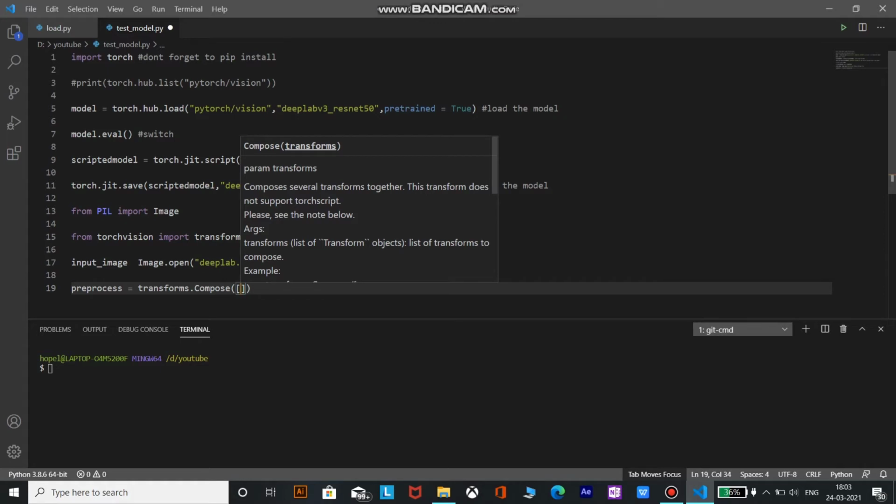This transform does not support TorchScript. In order to script the transformations, please use torch.nn.Sequential instead of Compose.